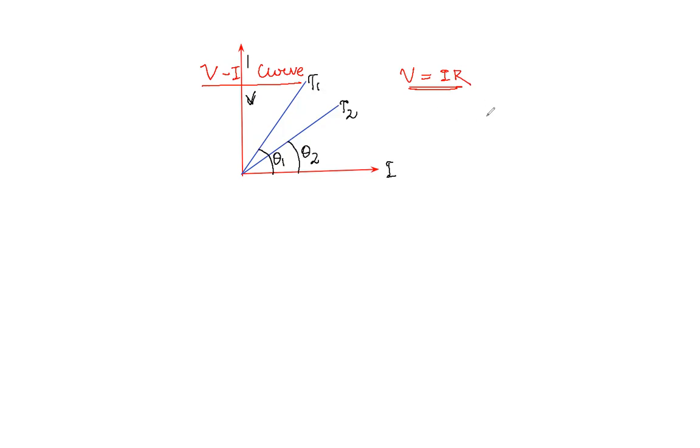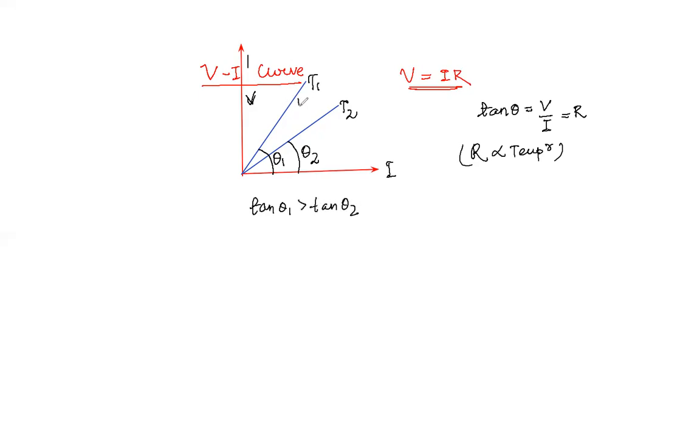We are studying the characteristics of it. What is tan theta? Tan theta of this graph is the slope of it. Slope is y by x, so that is V by I. And what is V by I? That is resistance. The slope is constant, that's why it is a straight line. From this graph, we can confirm that the resistance is directly proportional to the temperature, and whose slope is more? We can clearly say that tan theta 1 is greater than tan theta 2, right?